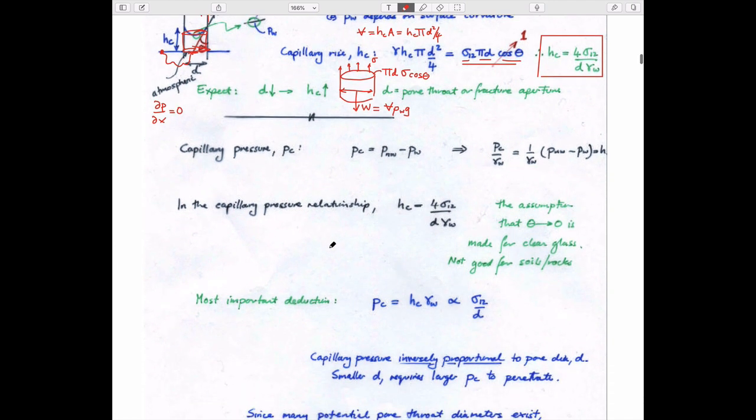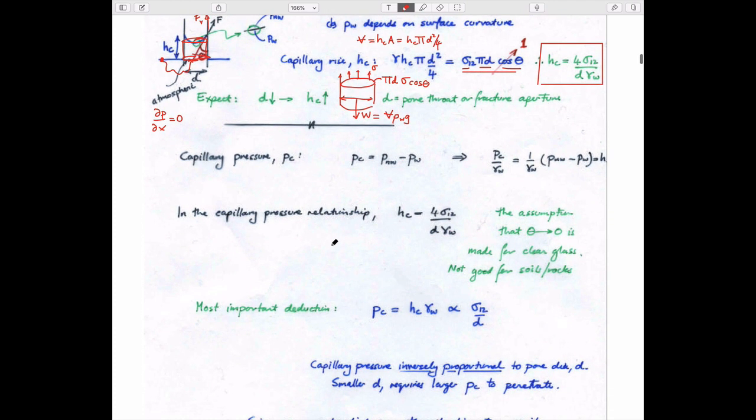And what we can do is define something called capillary pressure, which describes that particular behavior. And it's the difference between the fluid pressure that exists in the non-wetting fluid relative to the wetting fluid. So in our particular case, as we look at this system here,